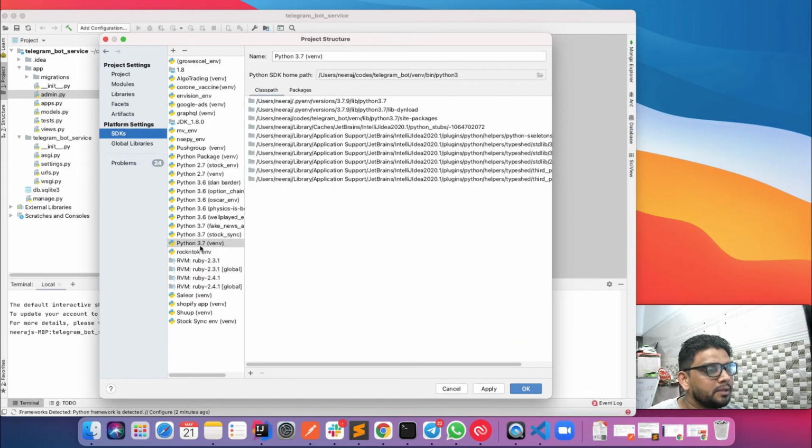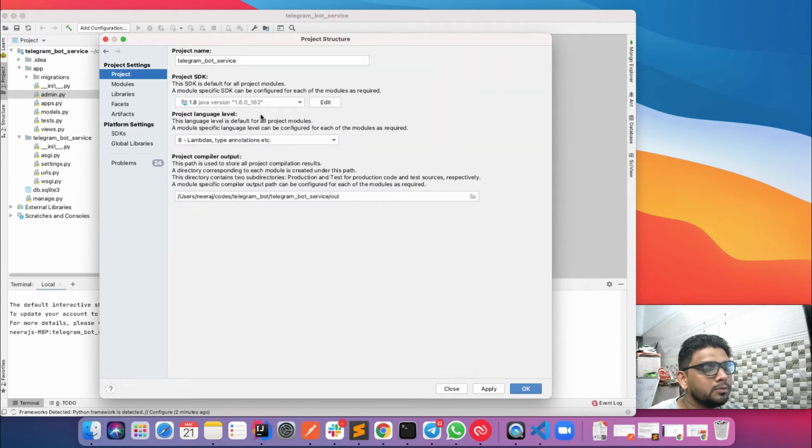Just click on OK. I can see there is a new Python environment. Let's name it Telegram venv. Just click on apply.